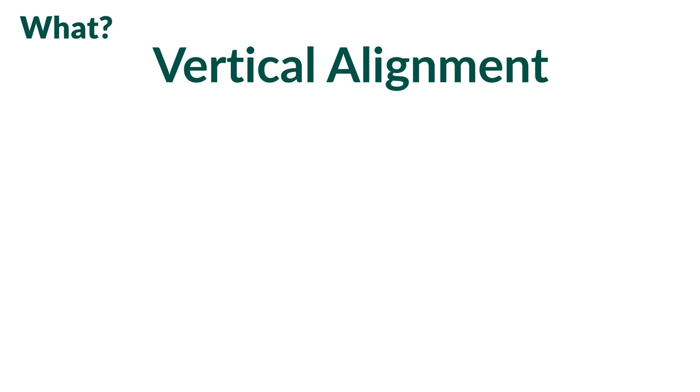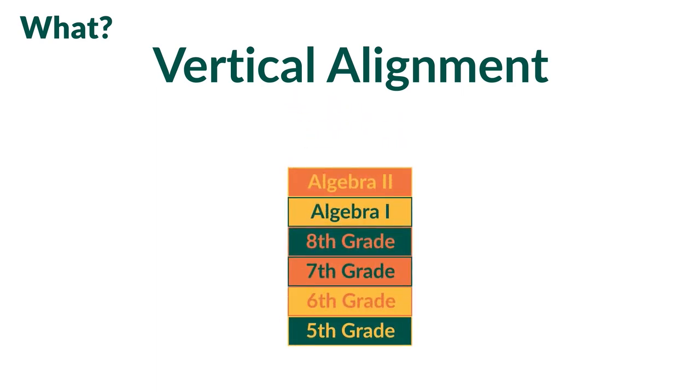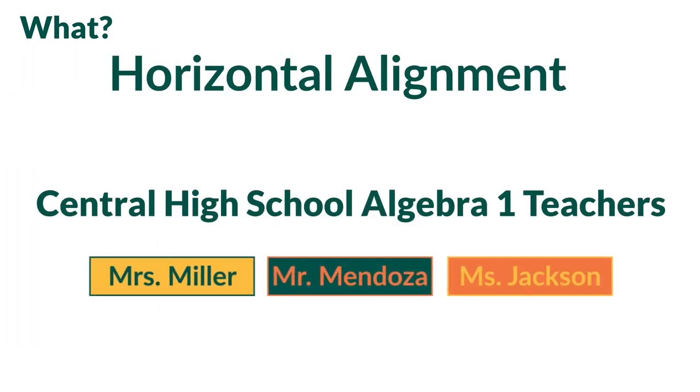What is vertical alignment? You may be familiar with aligning your math lesson to a set of standards. But what does TEA mean when they discuss the importance of vertical alignment? Vertical alignment documents the progression of learning from grade level to grade level. This is different from horizontal alignment, where we look to see that each teacher within a specific grade level is